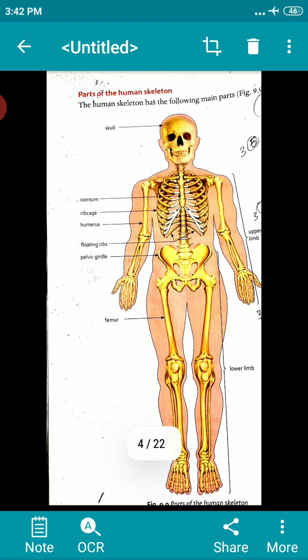So we move in different ways. We walk, we run, we fly, we jump, creep, crawl, slither and swim. These are only a few of the ways in which animals move from one place to another. So why are there many differences in the way? So let's see how human beings move from one place to another. Which are the body parts that are helpful?